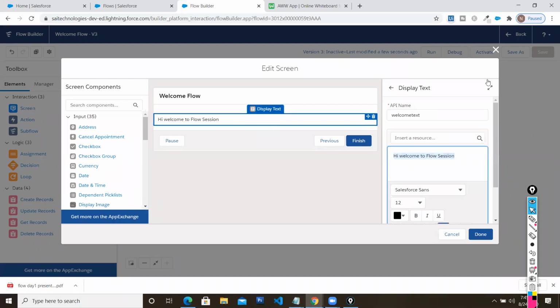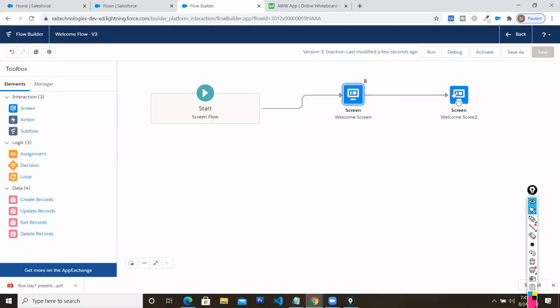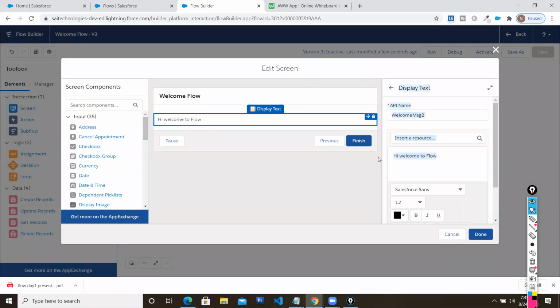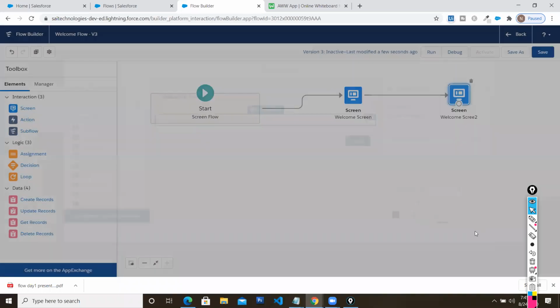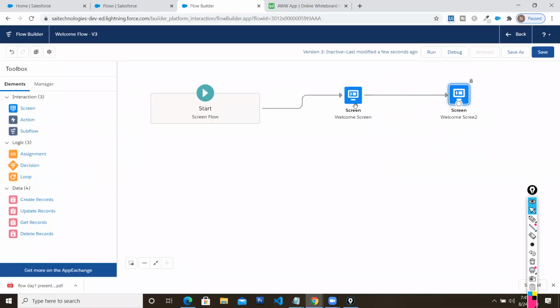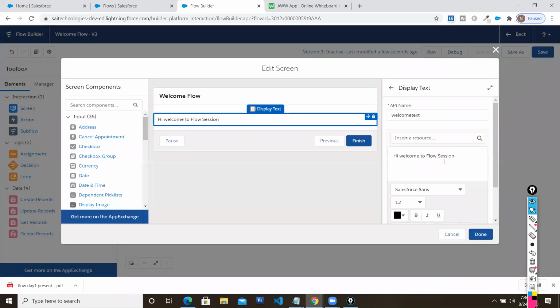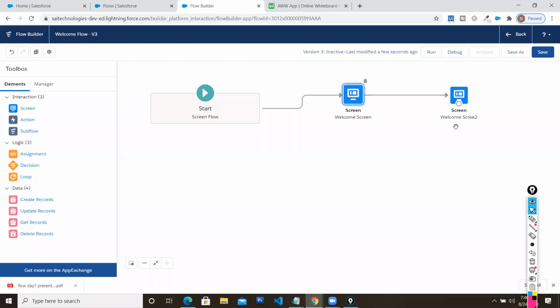I'm going to copy it. The same screen is going to be here also. This is my welcome screen. Let me paste it. Both the screens have a common heading right at the top of your screen. Now the requirement says that sometimes the heading might change. If you have 100 screens, you have to go to 100 screens and change this particular text element in all 100 screens. You have to do it 100 times.